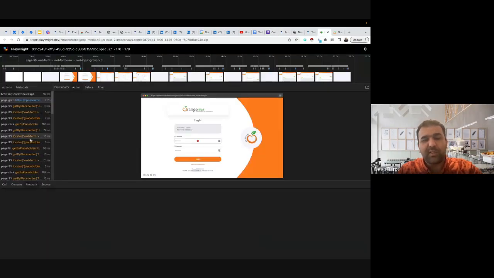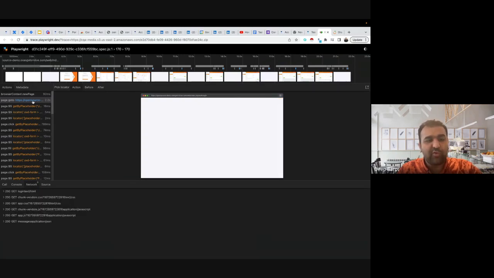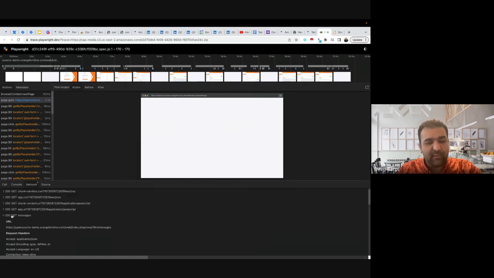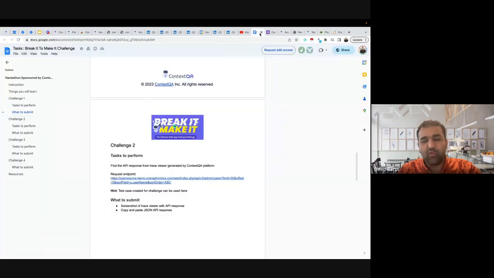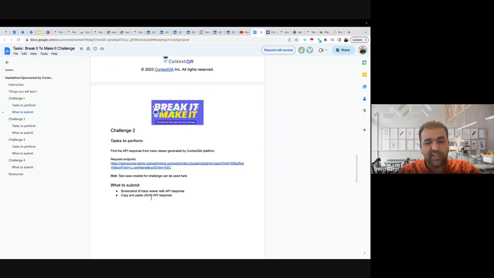So in this process, we already learned how to read the logs, how to read the network, how to find a particular request, and then see what the response is, and how to get a particular endpoint that we are looking for. There is much more to learn in the API, but this is the basics, and this is something anyone should be able to start with, right? So that is our goal from this particular challenge. And with this tool, you will find it very easy to find a trace, find a response, and list out what it is.